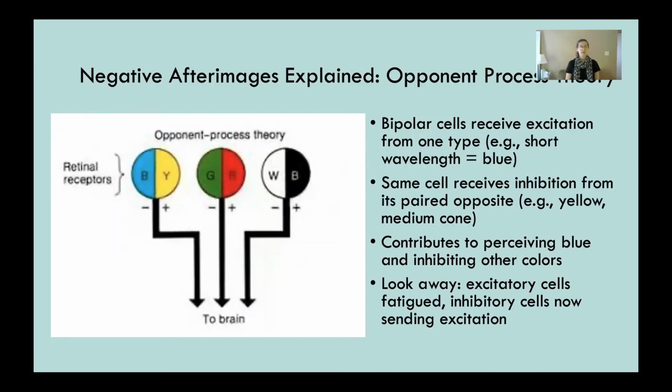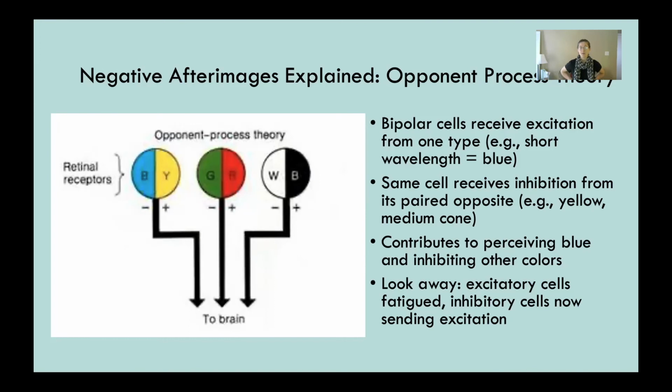So this bipolar cell on the left receives input from the activity of those short or blue cones. And when you see blue and those cones are activated, they're sending an excitatory message, and this bipolar cell sends an excitatory message for blue to the brain. When you're not looking at blue, it's sending an inhibitory blue message, which is kind of like sending yellow,